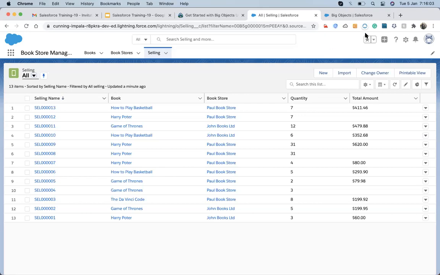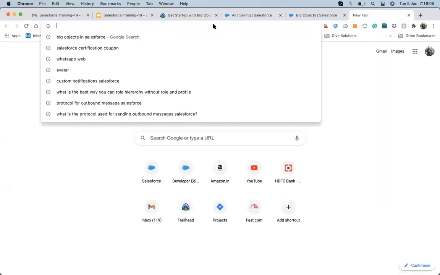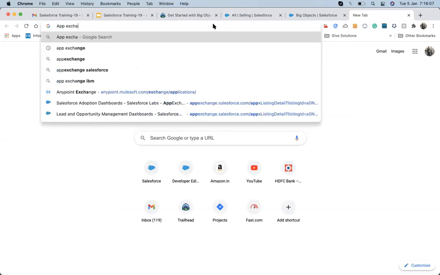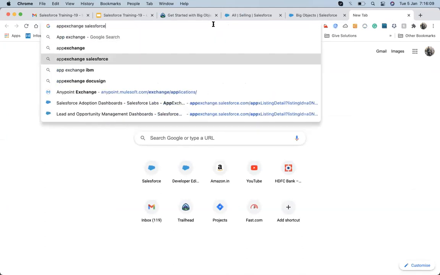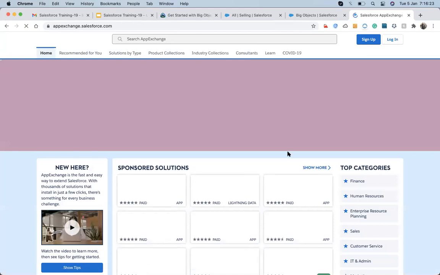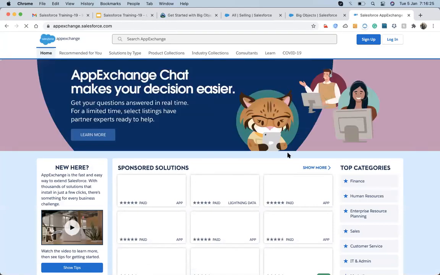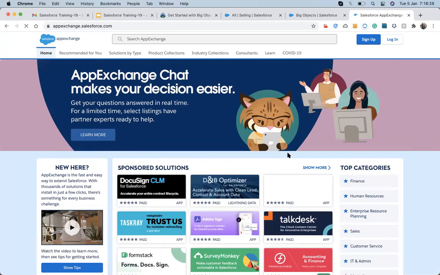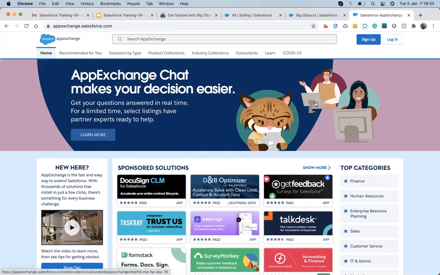We just have to go here and search the App Exchange, find any app from here that will solve your problem, or chat with the people who will help us solve the problem.